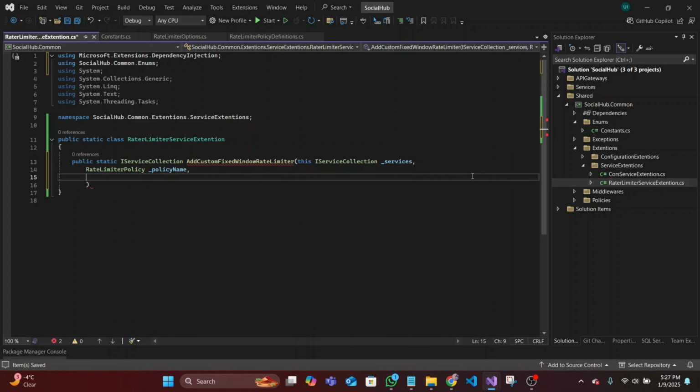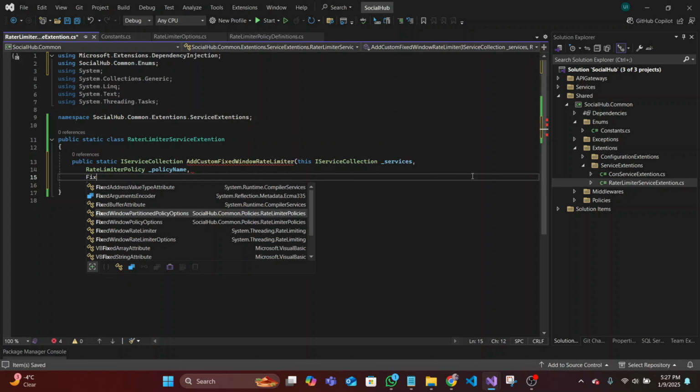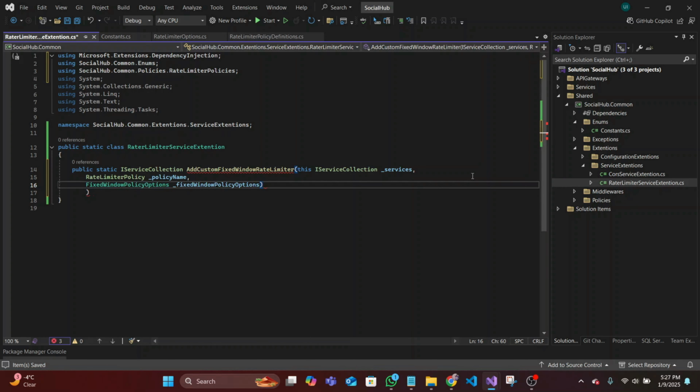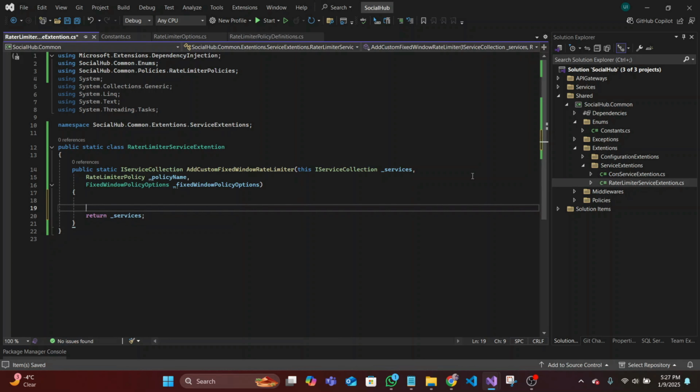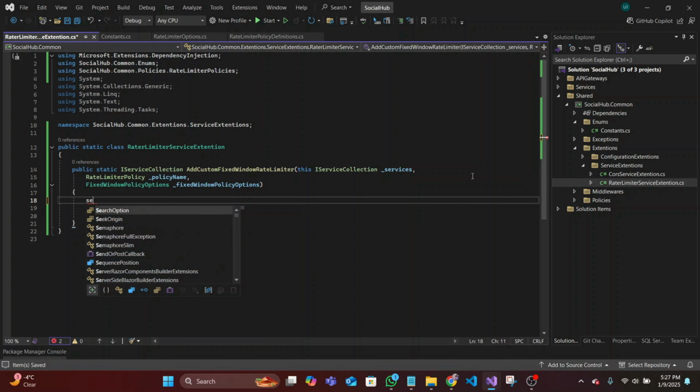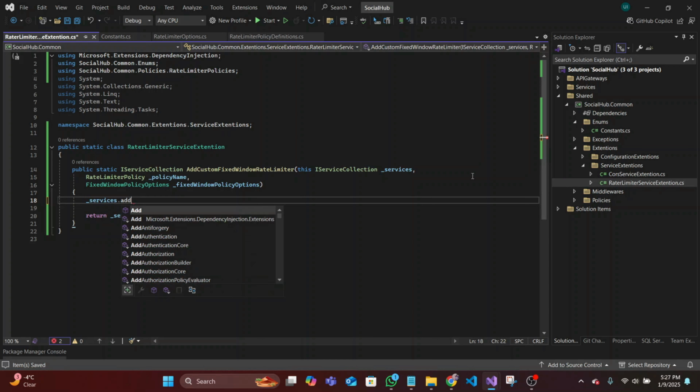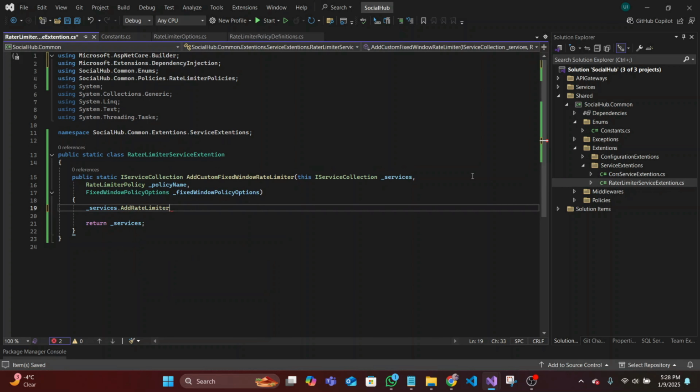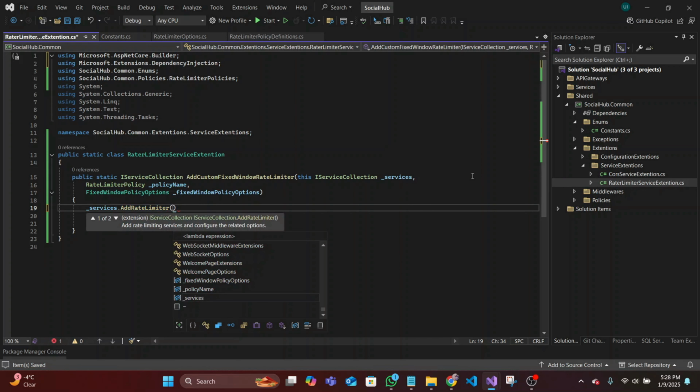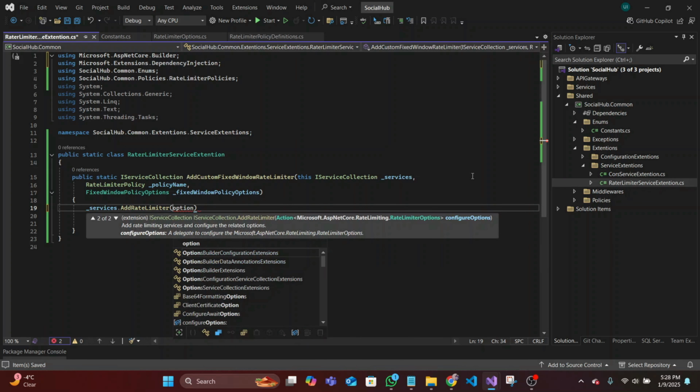Let's take our options as well. Okay. Now first, return the services. With this, let's check first if the options are null, since we need those options along the line. So let's add the rate limiter services, and with these options,